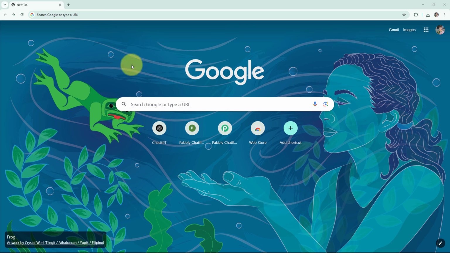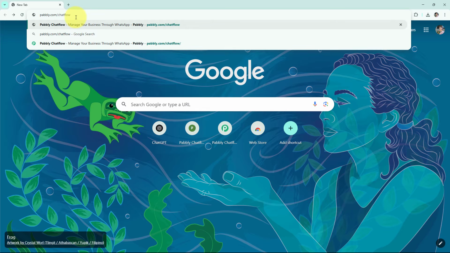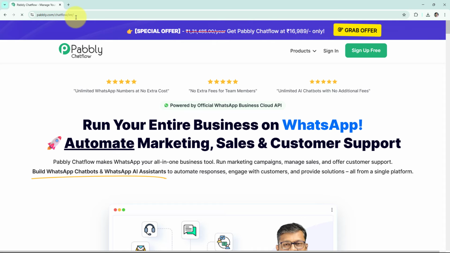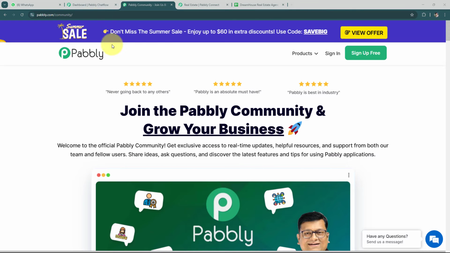In a new tab, enter the URL pabbly.com/chatflow, and it will take you to the main landing page of Pabbly Chatflow. But before we begin,